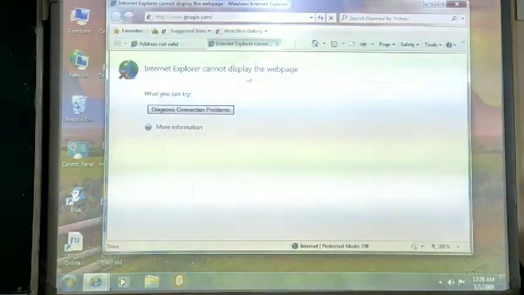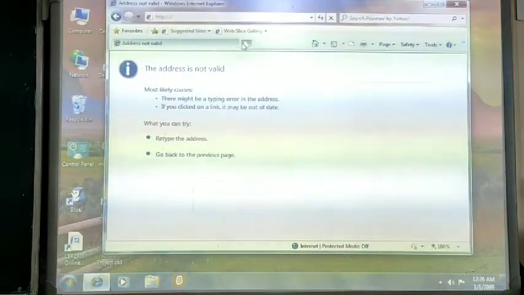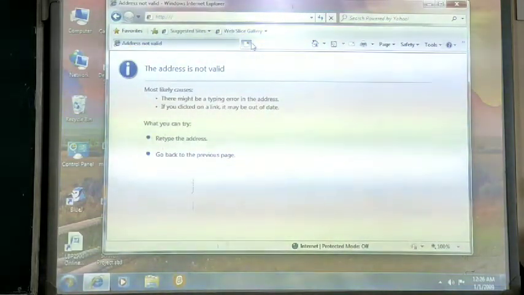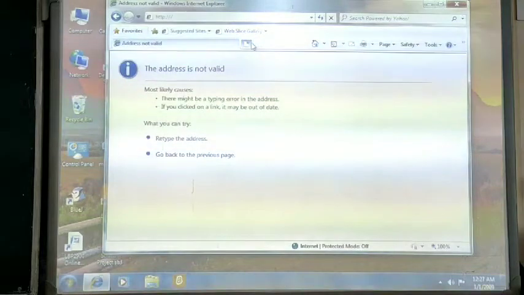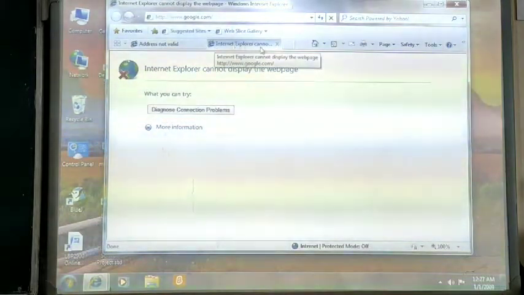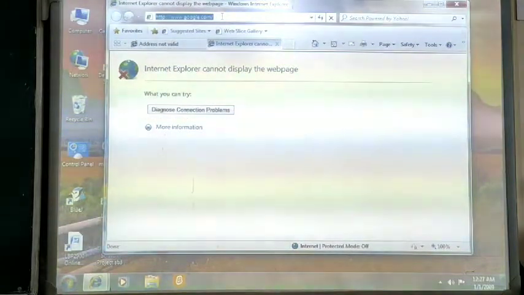There is a new tab button, or you can press the shortcut key Ctrl plus T from your window, and it will open a new tab where you can again enter the URL of the other website which you want to open and view it.